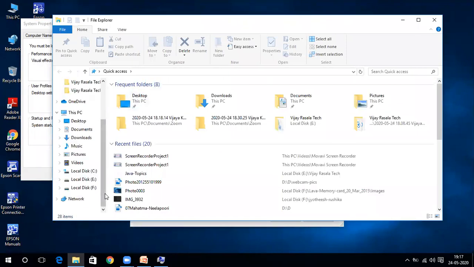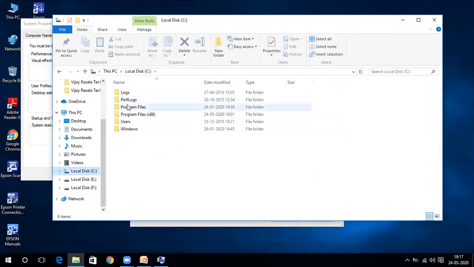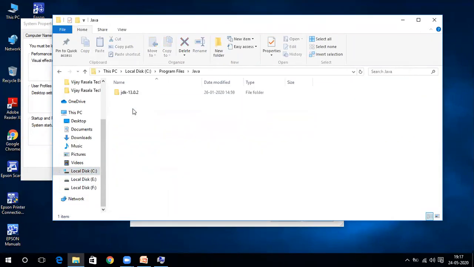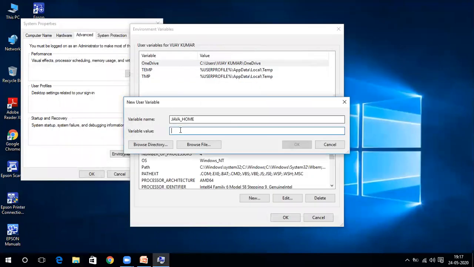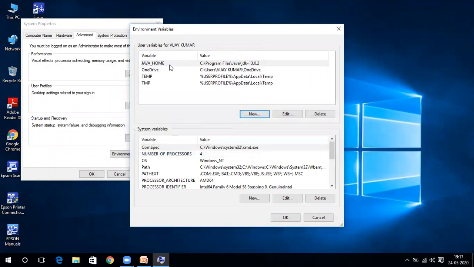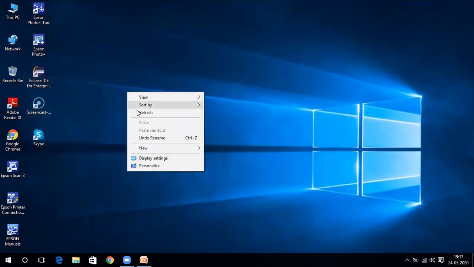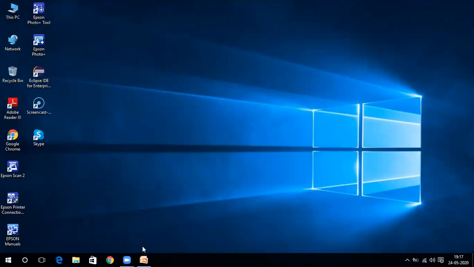Go back to the C drive, Program Files, Java. So here you see that, right? I installed my Java here. Everyone will have Program Files, and Java is the common folder where you can see the JDK. So just give your JDK path here and click OK. So that's all. You are setting JAVA_HOME in this location. The next step, click OK. That's done. So your Java is ready.